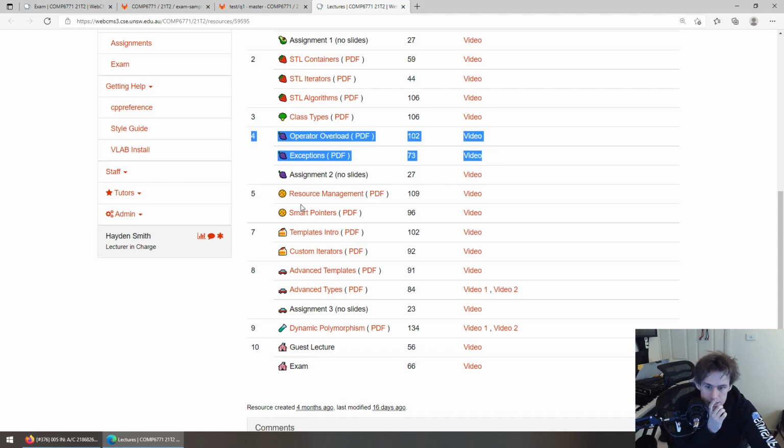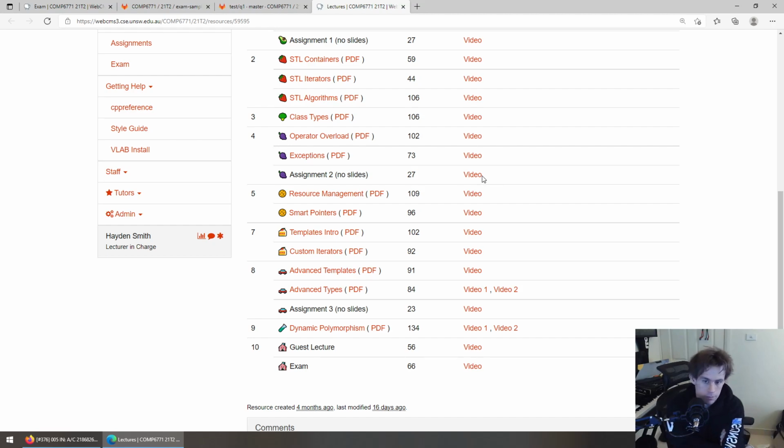Operator overloading and exceptions are definitely important to know. Those two things you should be very comfortable with. Resource management and smart pointers. I think I said this in the other lecture. We're pretty upfront that smart pointers are good programming practice, and since we're not really giving you good programming practice, some of you might want to use smart pointers in the exam, but